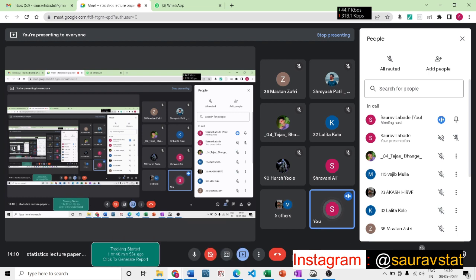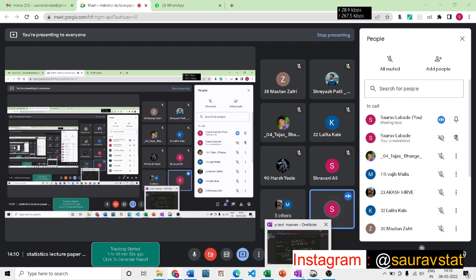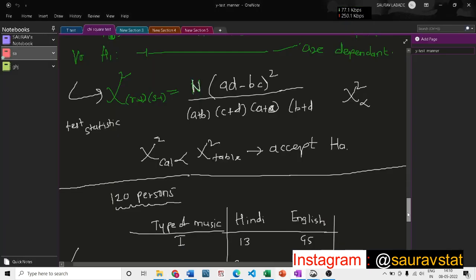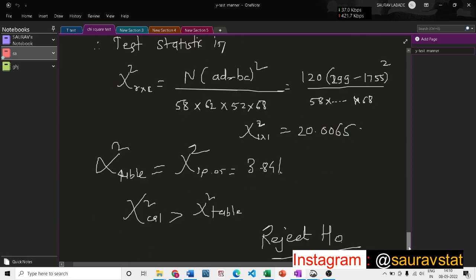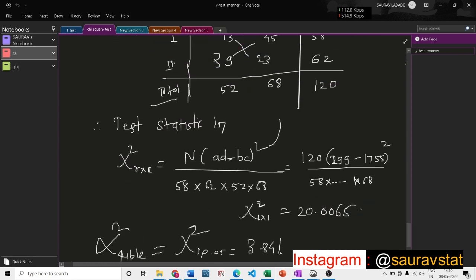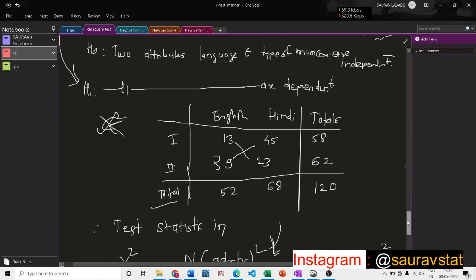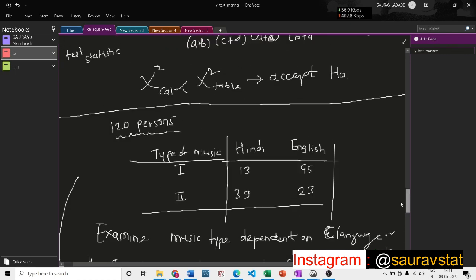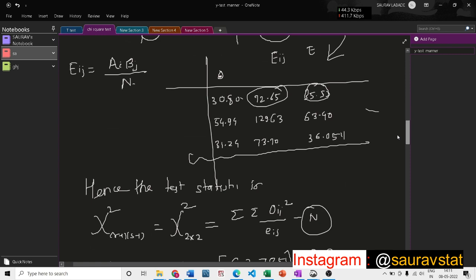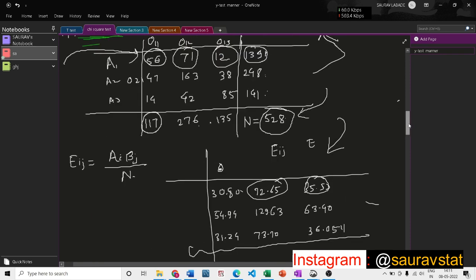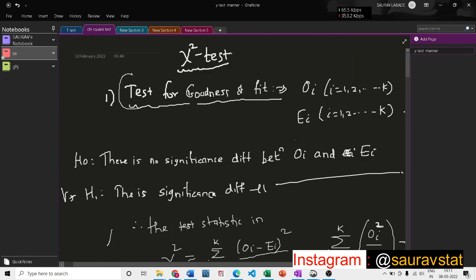That means if there are only two attributes, then we use that test. We just use that one simple formula. In this case, there is no need to find expected frequencies and all that, whereas in the other case we have to find all the expected frequencies and all that stuff. So here we have covered all the things about the chi-square test, right? The t test is also covered, right? Now the